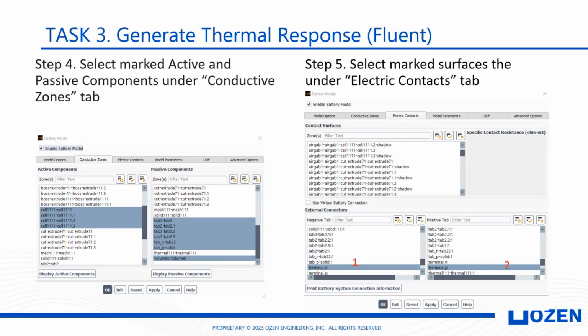Note that the whole model should be cleanly contacted through the mesh, and this is a typical error we get. If you don't have the connections made properly in the mesh, there's a chance you may get an error here. But in the particular model we're working on, all these issues have been resolved. So we mark our negative and positive terminals,